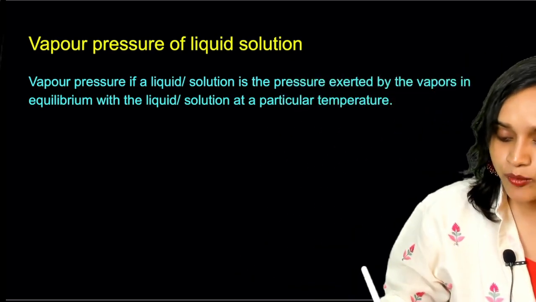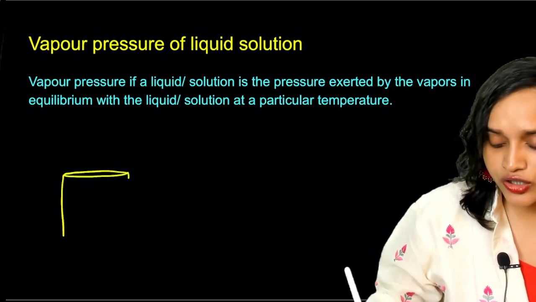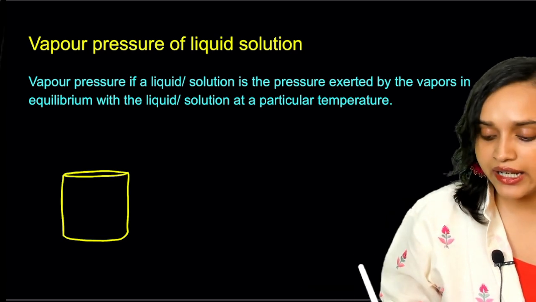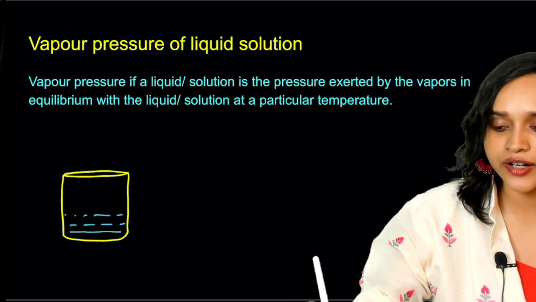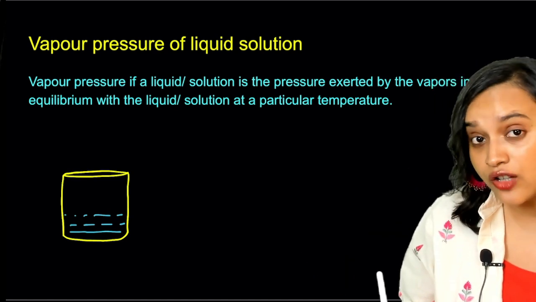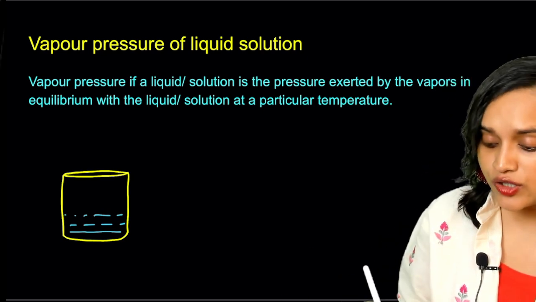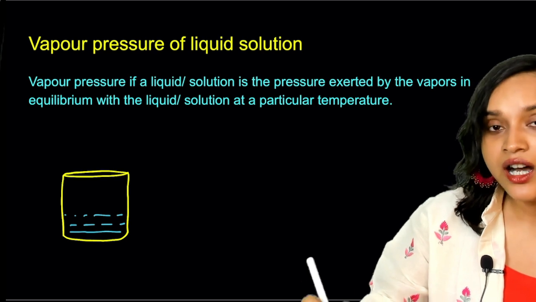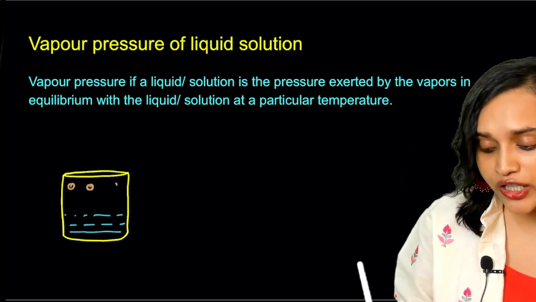For example, I'm going to make a katora here. I'm going to make a bowl here, a container here. So this is, let's say, our container. All right, this is our container. Now, in this container, you have the liquid in this phase, right? This is your liquid. Is that clear? All right. You know, this topmost layer of the liquid that you have, please take a look at it, everybody. The topmost layer of liquid that you have here, from here, certain particles or certain molecules must have gotten to the vapor state.